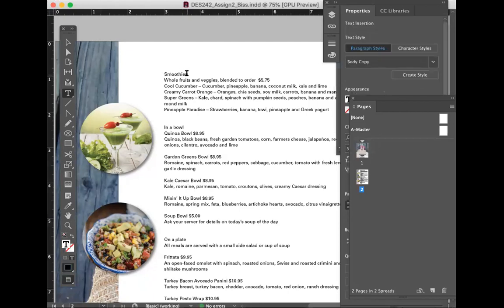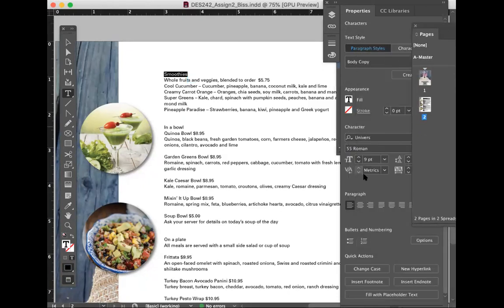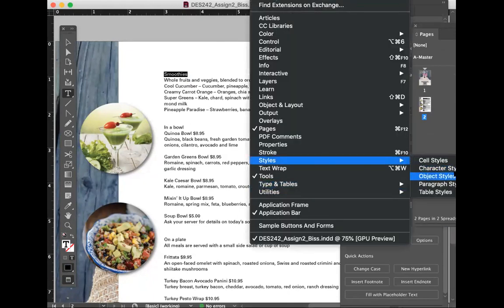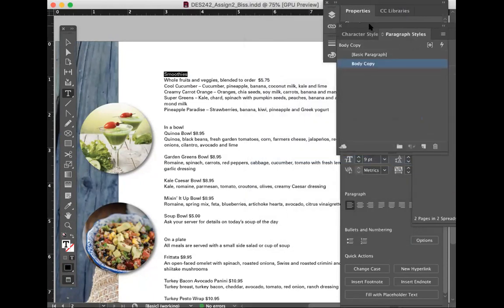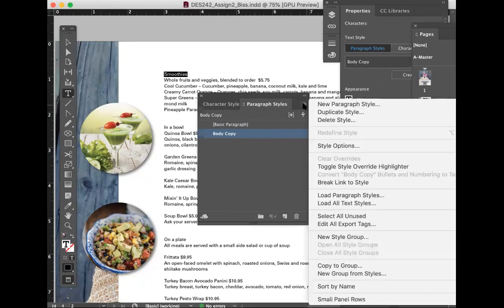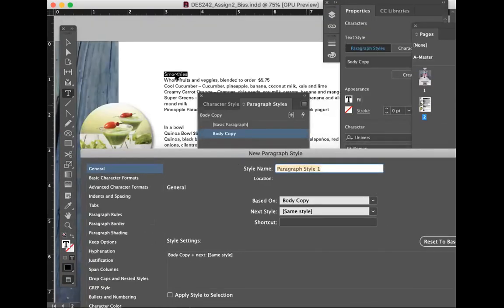So I think where we're going to start is by changing the tops. We're going to call these subheads. So smoothies, in a bowl, on a plate, all of that are subheads. So we're going to create another paragraph style sheet for this. So let me go ahead and bring up the paragraph style. And again, if you don't see it on here, just go to your window, styles, paragraph style, and you'll see your body copy one there, and it's already highlighted. What we're going to do is select, again, the upper right-hand corner asset button and choose new paragraph style. And you can select the word first, that's fine if you want to do that. And we're going to name this subhead.